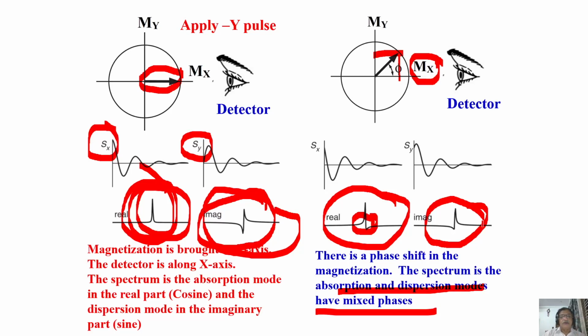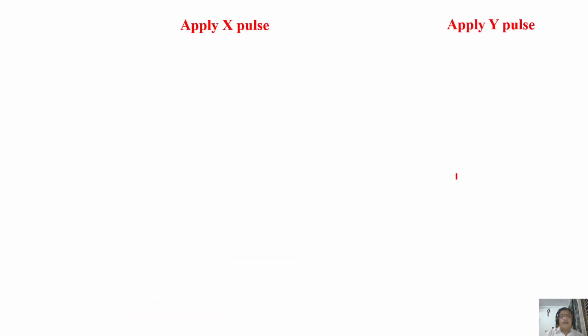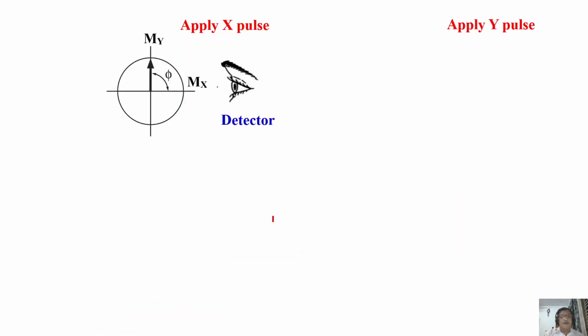Remember, here I am applying a pulse along some axis, minus y, and brought the magnetization here. You can apply any angle of pulse. The pulse which brings the magnetization to the x-axis or y-axis from the z-axis is called a 90-degree pulse. I can continue further, this is 180, then continue like this, it is 270, and go like this, it is 360. I can keep making the magnetization rotate continuously along this plane. On the other hand, I can bring it to any axis, and then I can have mixed phases like this. Fine. Now I'm looking at this one.